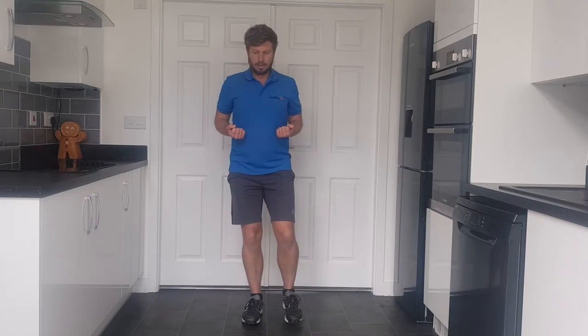Relax. Make two very gentle fists. Take a small step forwards with one leg. At the same time, punch the opposite fist. And here,